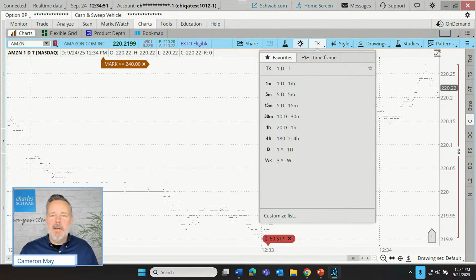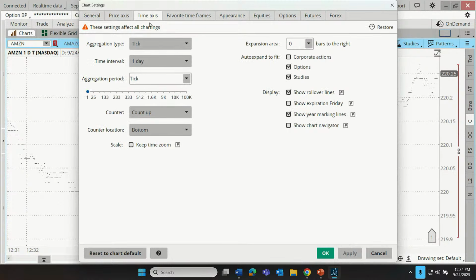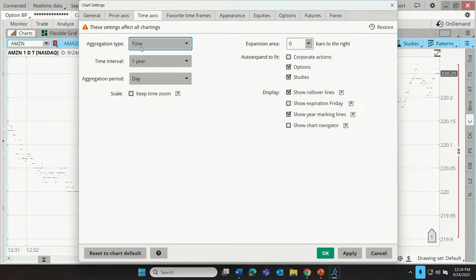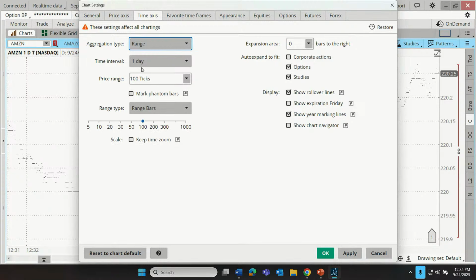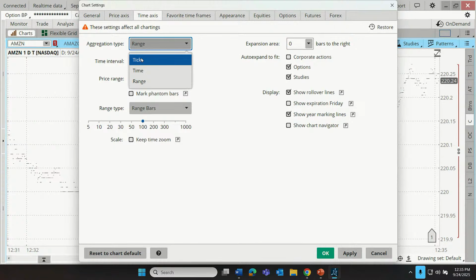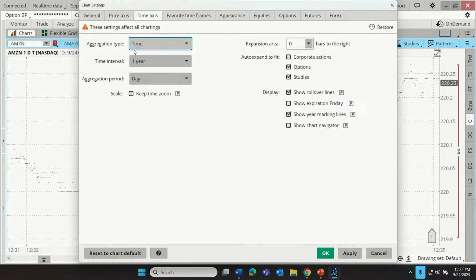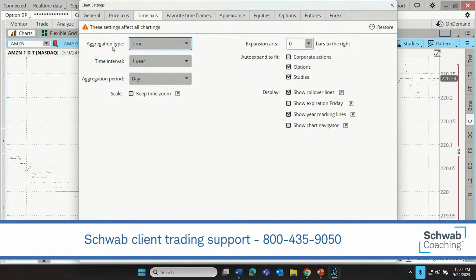But let's go back here. I want to switch our time axis back to just a normal time chart, but we could set a specific range, which is basically a range of time. If we have this on time, let's talk about what a time interval is. Aggregation type is basically the length of a candle: a day, a tick, several ticks, a week.